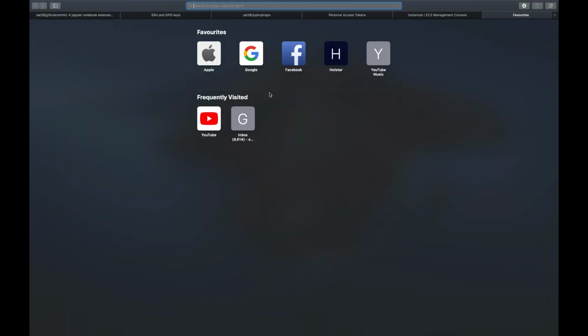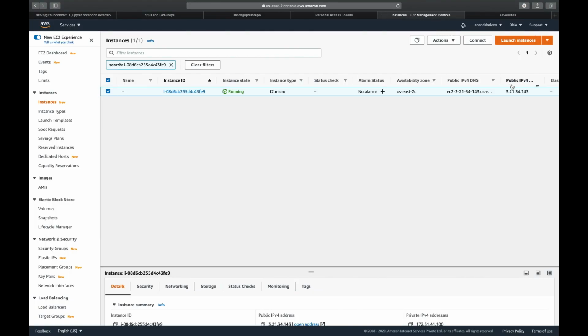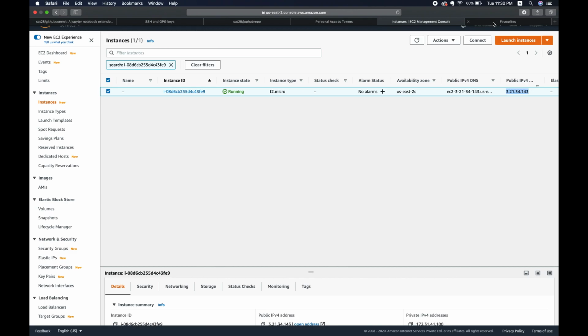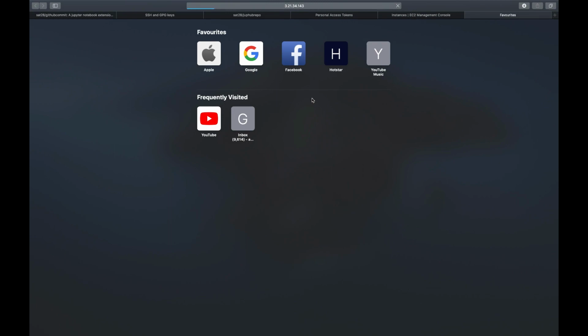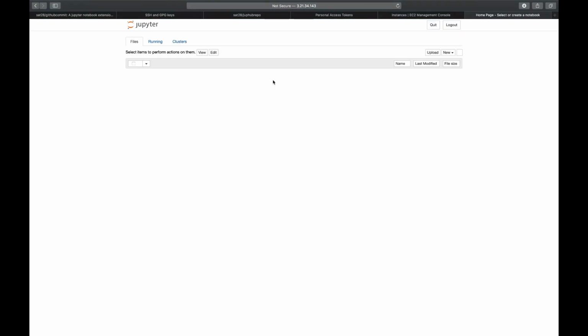Let me copy all these things into a new browser tab, then I will prepend the IP. This is the IP, and I've appended the token and everything. This should take minimal time because of the latency, as we are interacting with this machine over the web for the first time. Within a few seconds this should be up.